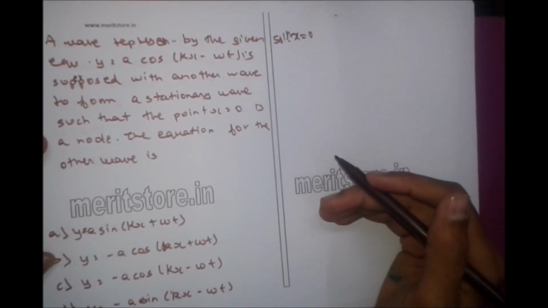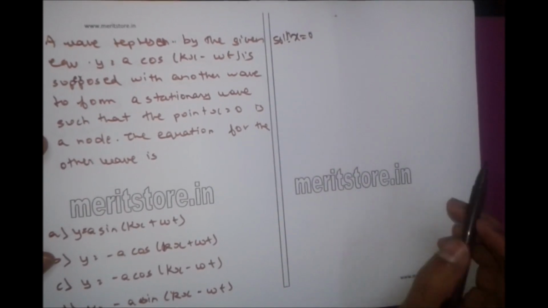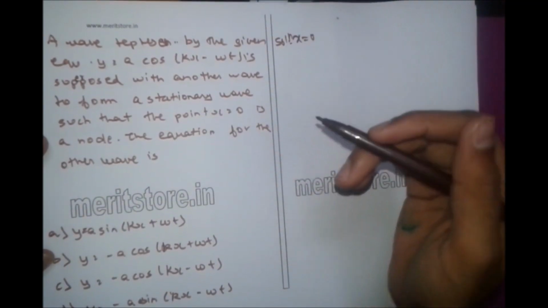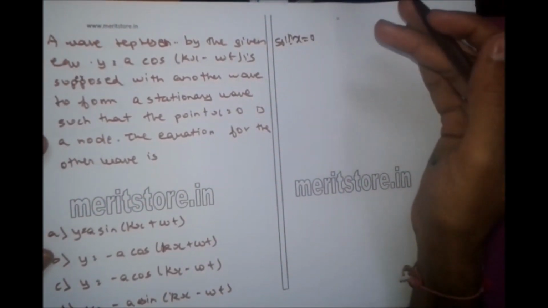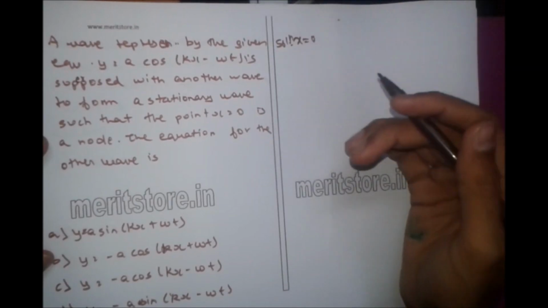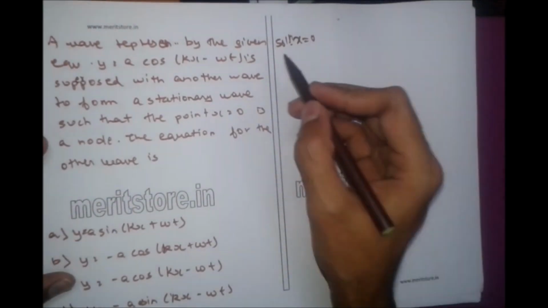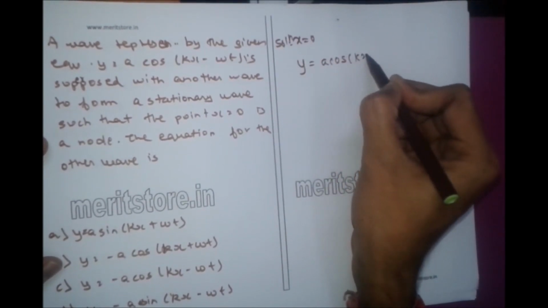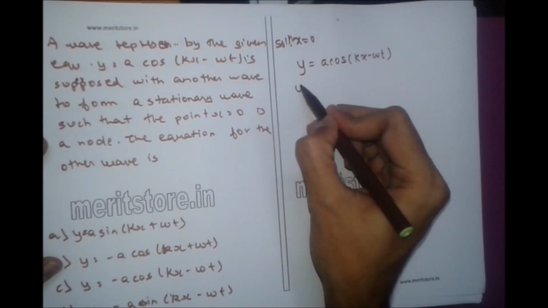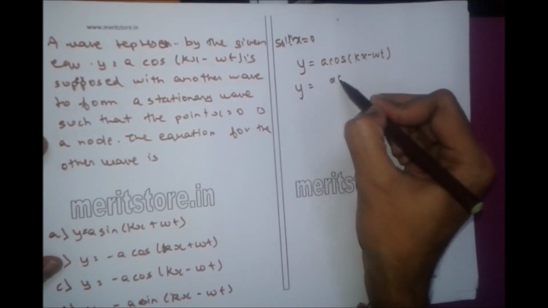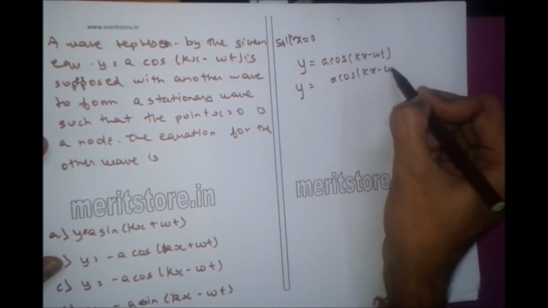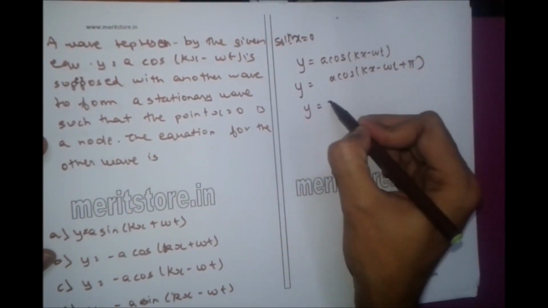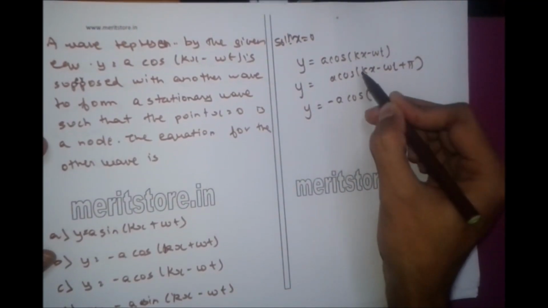So the ray which is reflecting takes place from the fixed end, and hence the reflected ray must suffer a phase angle of π. If the equation for the incident ray is y equals a cos(kx − ωt), then for the reflected ray the equation should be y equals a cos(kx − ωt + π). That means y equals −a cos(−kx